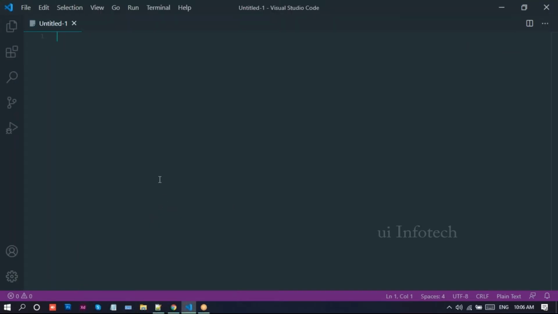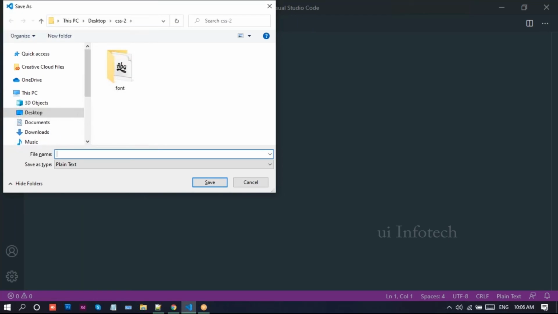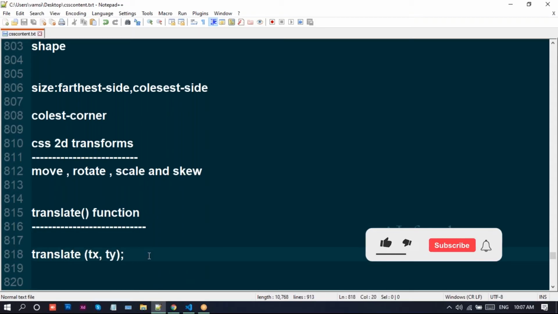I'll explain this property and show the example at the same time. Let me open Visual Studio and save the file as 2D transforms.html.